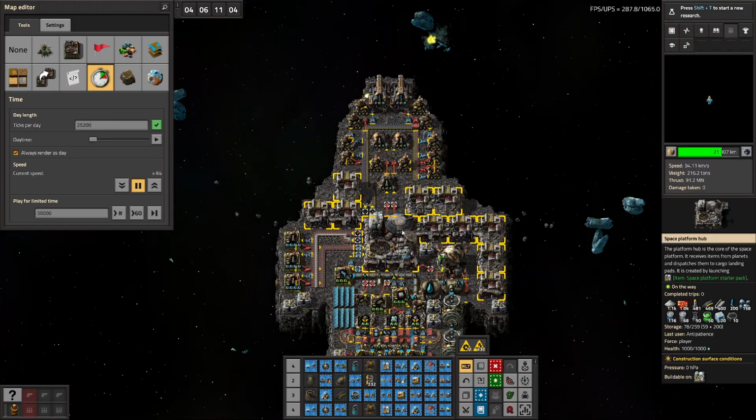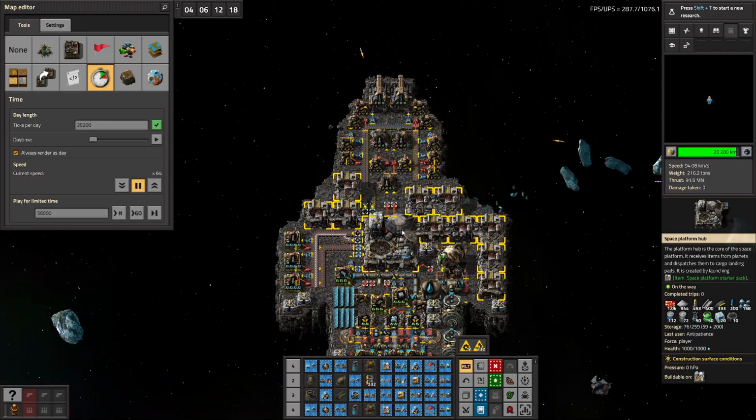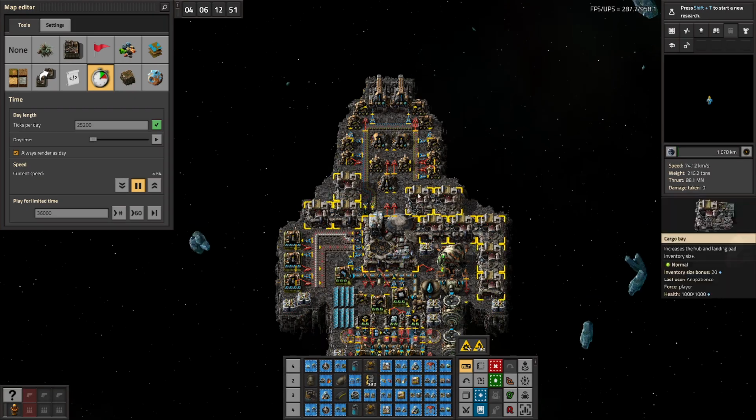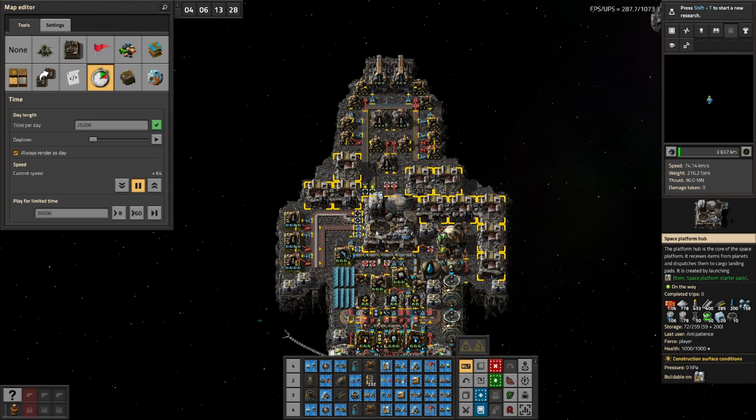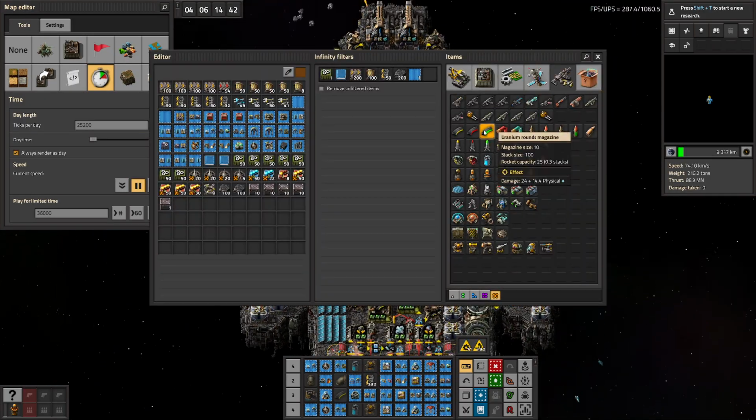See, we're at 1 kilo, and we're at 1,000 ammo. So let's actually stop here. Yeah, we've used 1,000 ammo to get to 1 kilo. About 100 rockets, which isn't that bad. I'm gonna give it